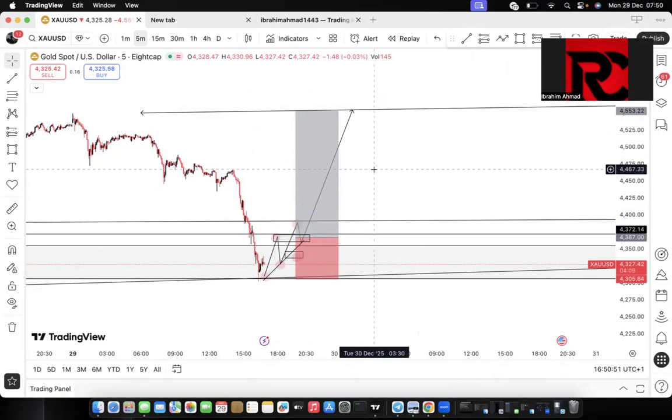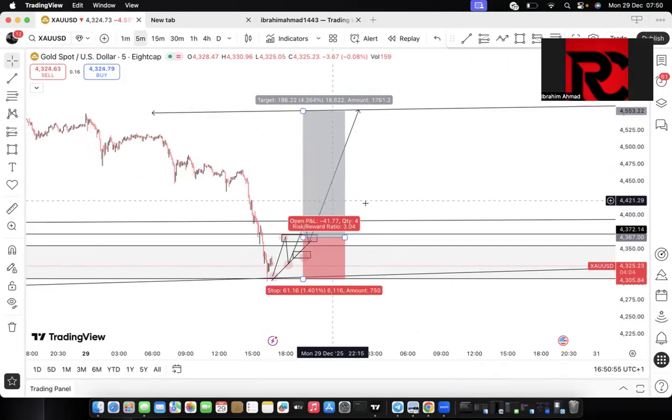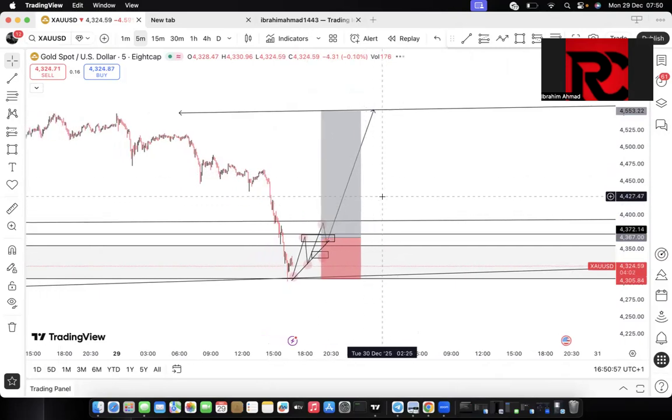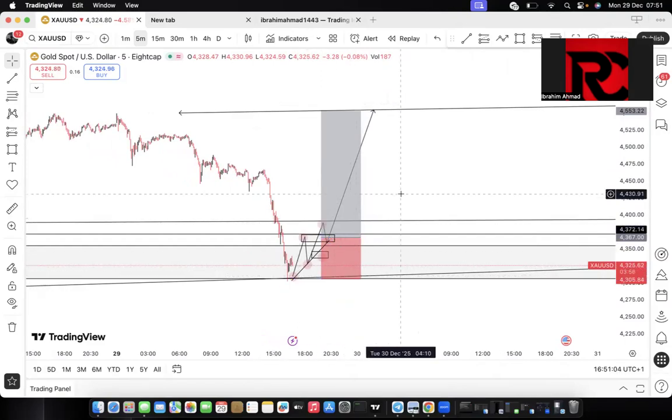All right. So this is just how we're going to do it. We just wait for price to see what's going to happen. And once we find some entries, we're going to take our trade, and we're going to send everything